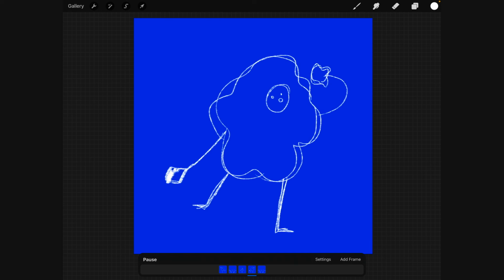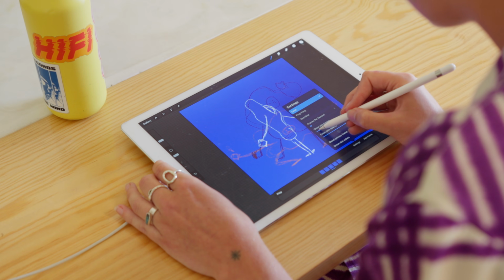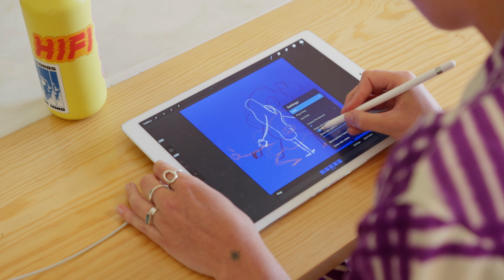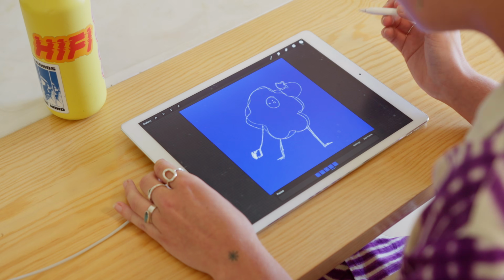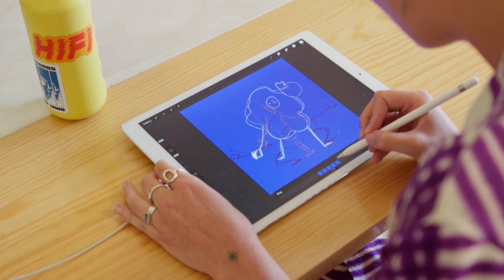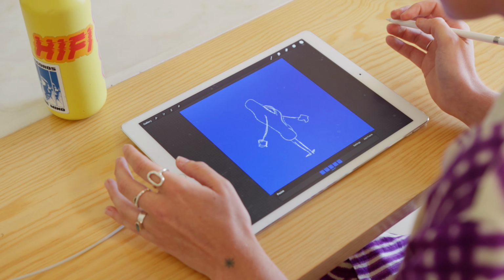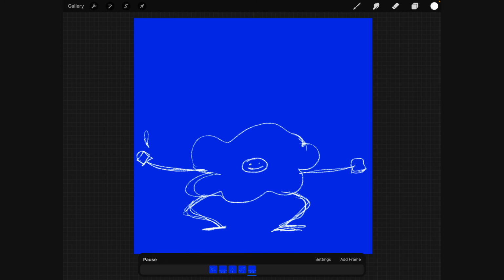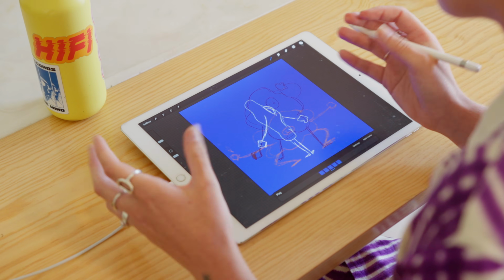Always look at it in the context. You don't want to get too caught up on the details and spend a lot of time perfecting this drawing only to watch it back and see that it doesn't fit into the rest of the motion. So that's cool, that's looking good to me. And what we're going to do now, we have a really, really basic animation. Now we're going to go through and fill in all of the gaps and add some more detail, add some more movement to fill out the motion of this.